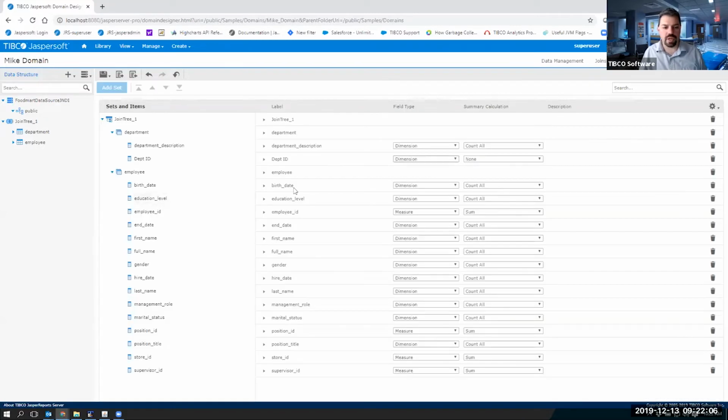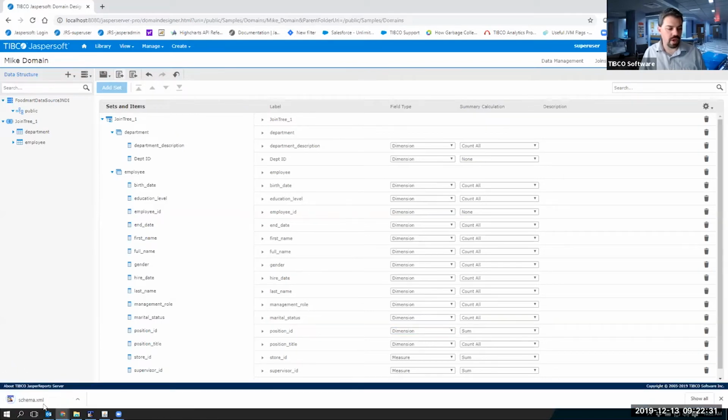And I go back to data presentation and I can say, well, I got some other IDs here. Maybe these are dimensions as well. And I can change those. A lot of times what happens in these larger domains is you decide that this is too tedious to edit everything here. One of your options is you can actually export the design of your domain. So if I click on this icon here, I will get a schema.xml file.